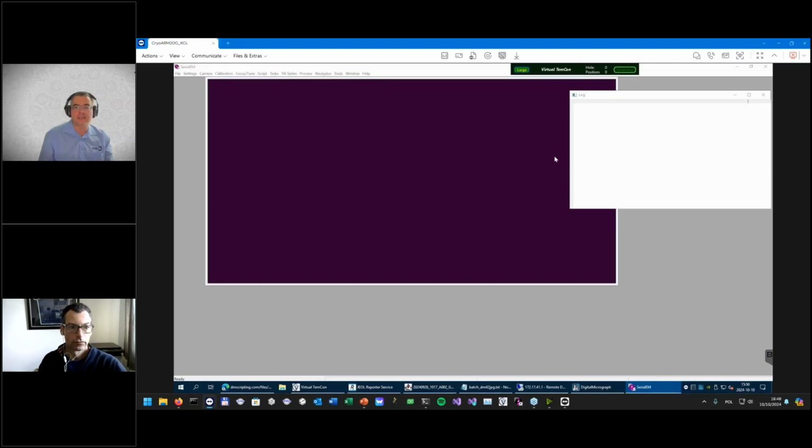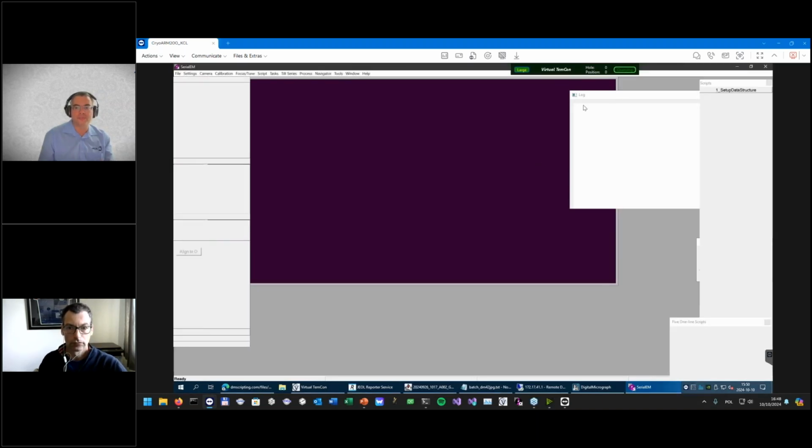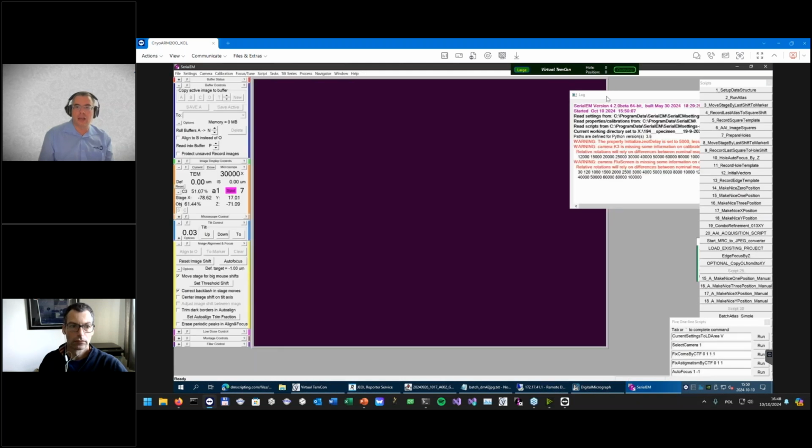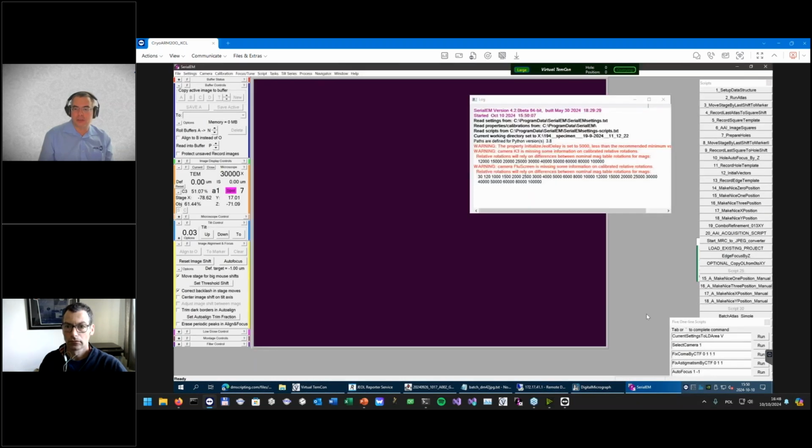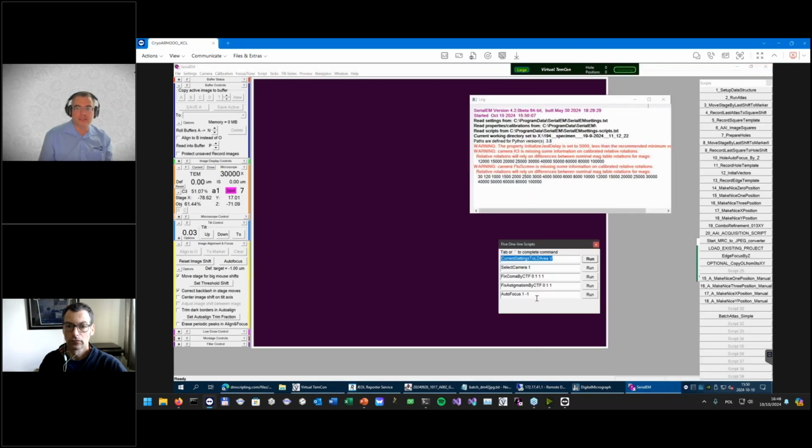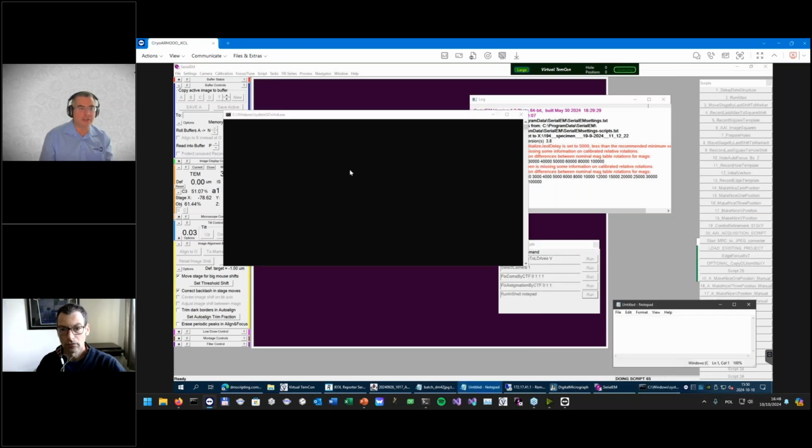And let's give it a chance to load. What SerialEM provides is a script command called runinshell. Runinshell can be used to open external applications. For example, runinshell notepad. If I run it,